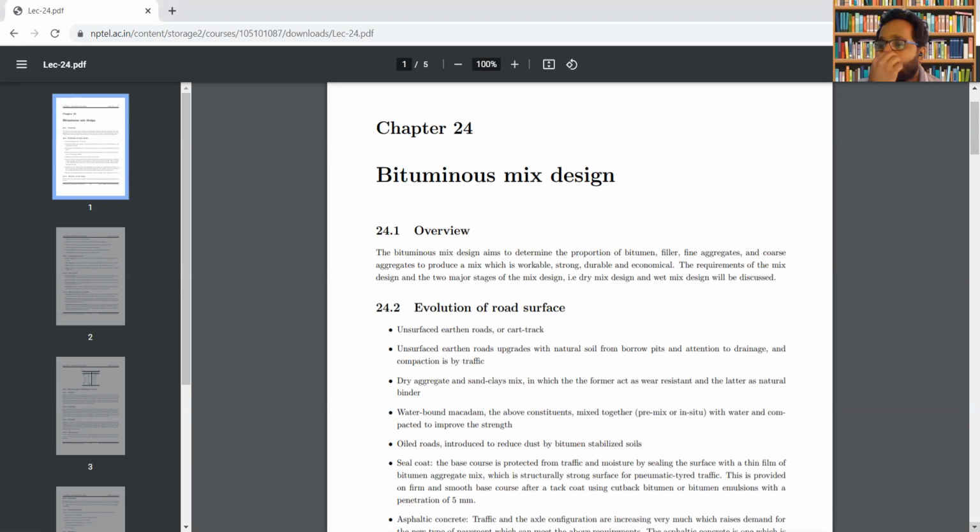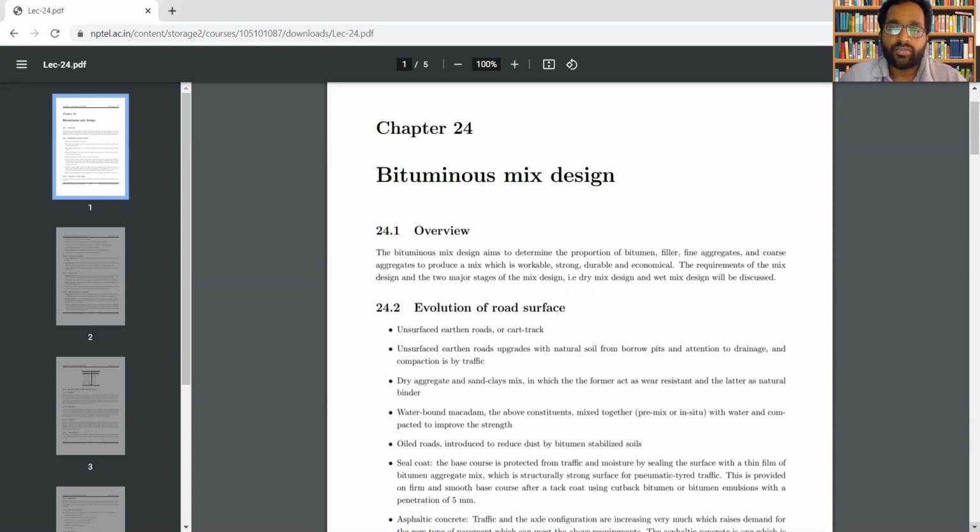So what do you mean by workability? We have already completed courses on concrete technology, so there is no need to explain workability further. Strength, we know what strength is. There should be enough strength so that bitumen is not stripped away from the pavement. Then durability. The road will be subjected to different types of load, and on application of load, the road should not have any durability issues. And finally, economy.